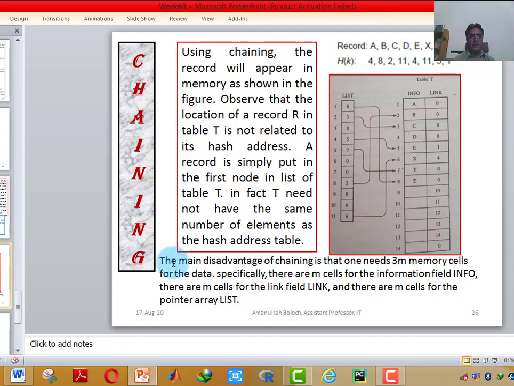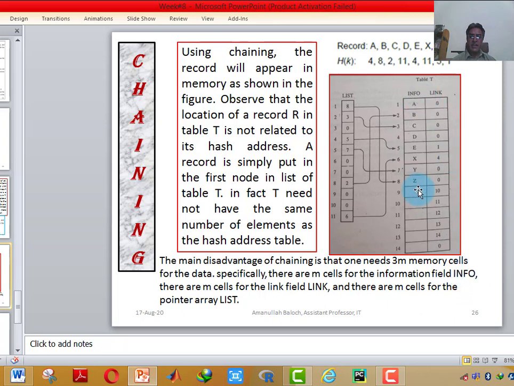There may be 50 memory locations or 100. The main disadvantage of chaining is that one needs 3 memory cells for the data. The first memory cell, the second memory cell, and the third memory cell for storing the data. Especially there are n cells for the information field.